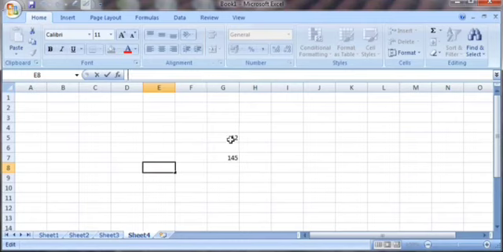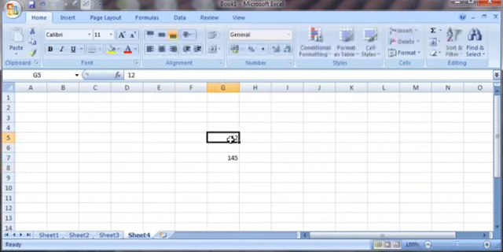For example, in this cell I have entered a number, and in this cell I have entered a formula as equal to 56 plus 89. When I click on cell G5, it shows 12. Whereas when I click on G7, instead of displaying 145, it displays the formula entered in this cell.